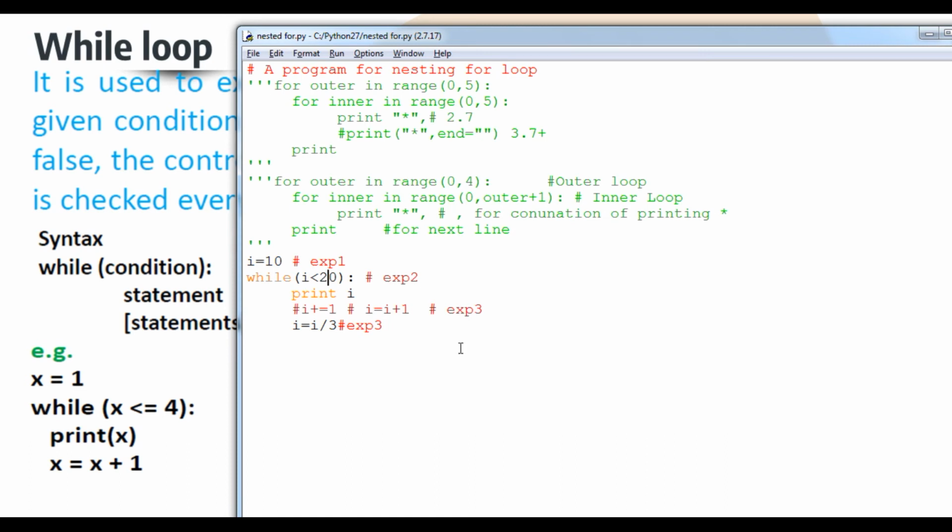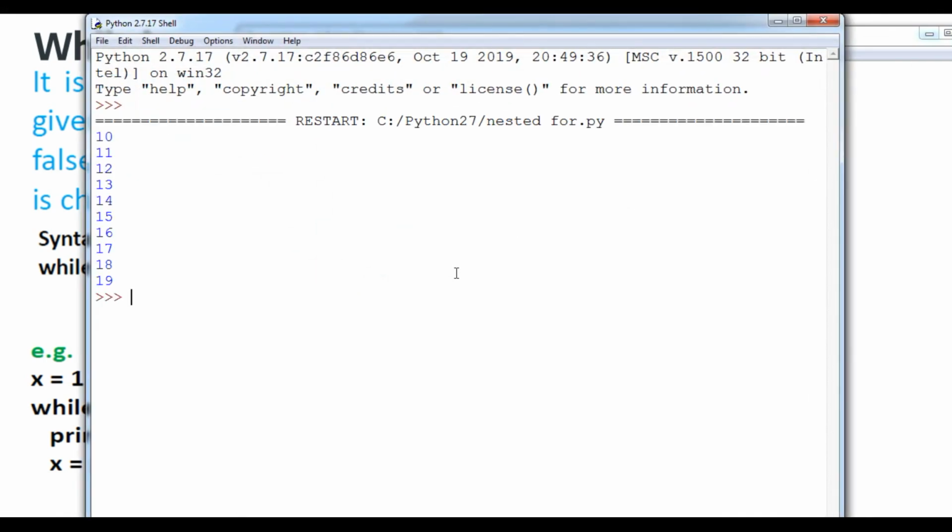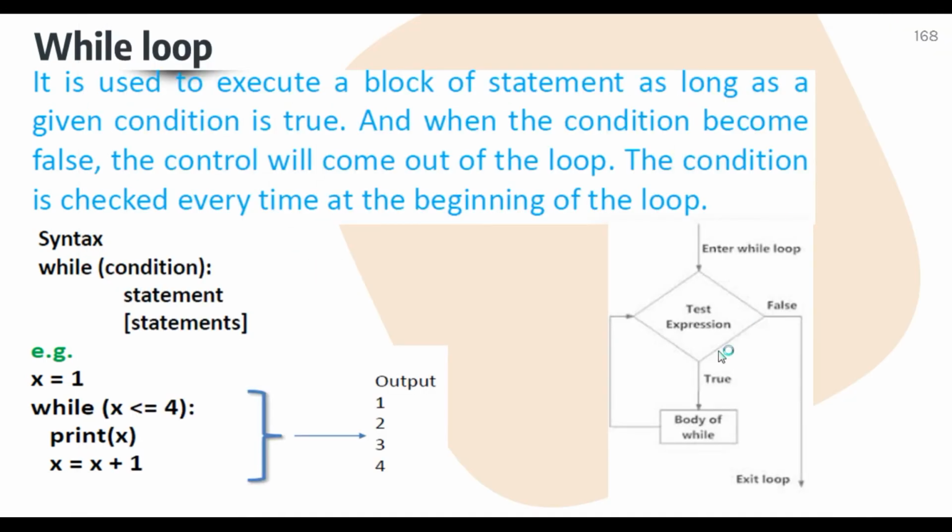So we have learned expression 1, 2 and 3 also. It means we can create our own expression with the help of our conditions. Now we are talking about